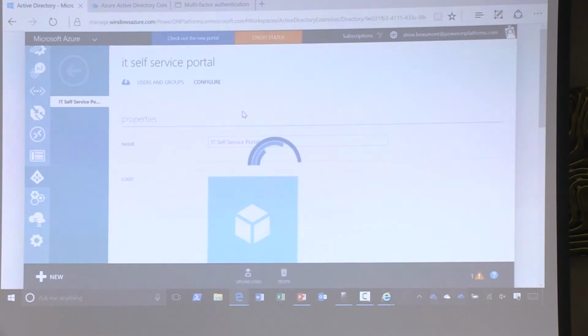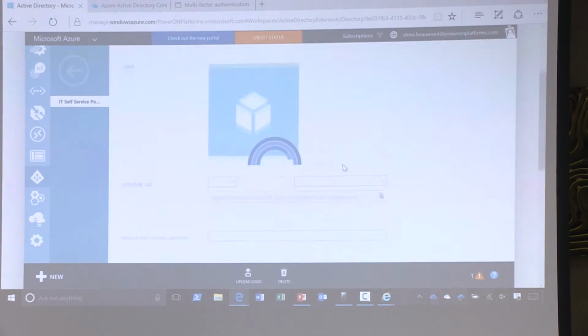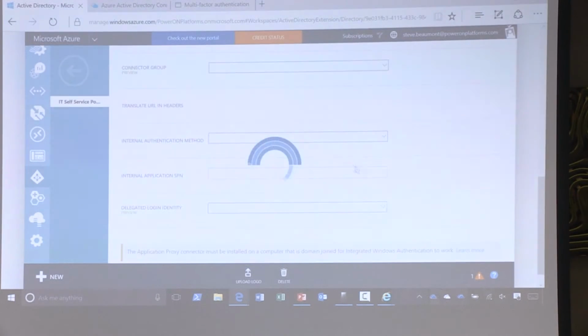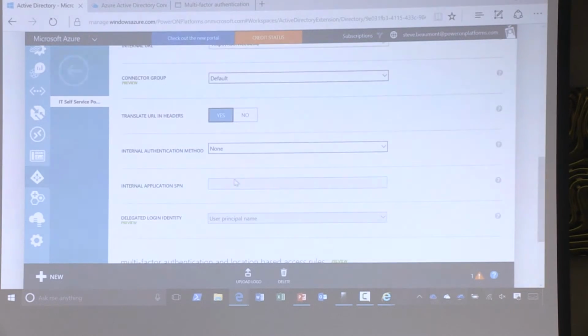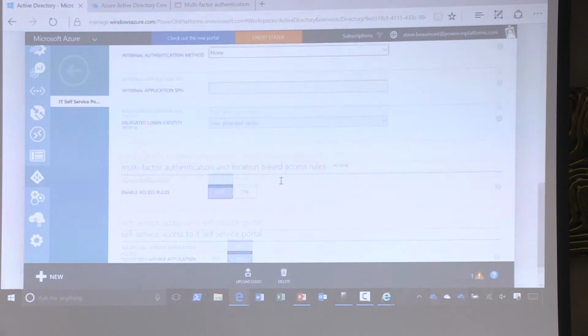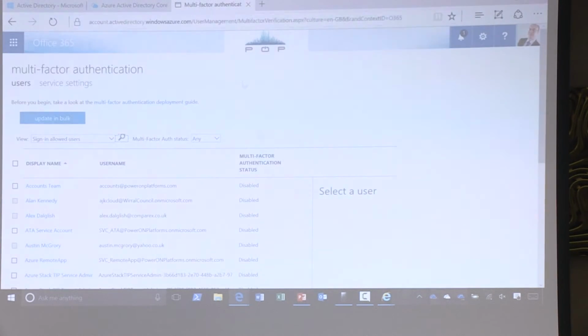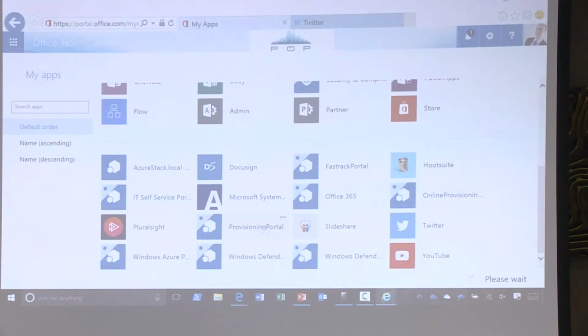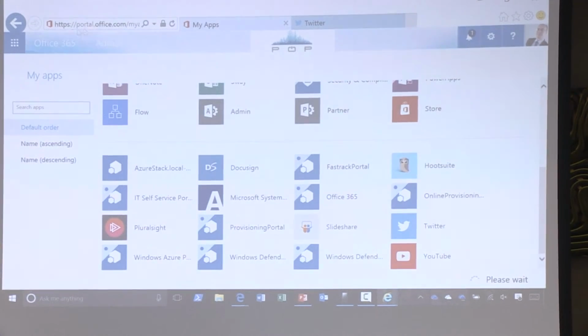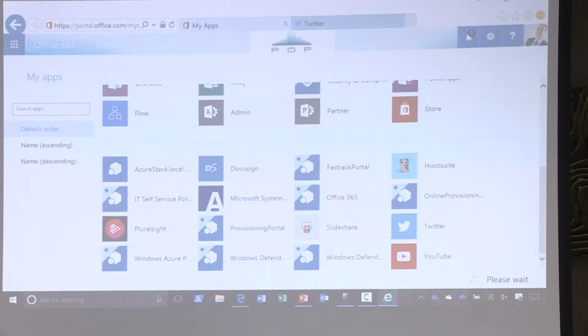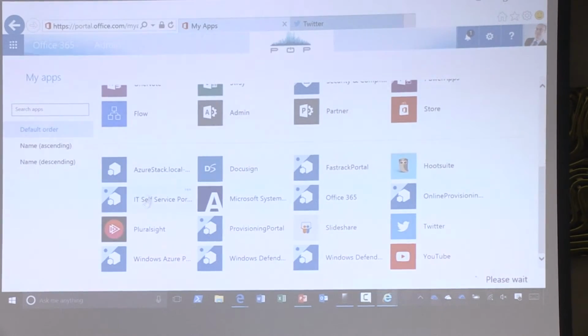We've got some users that are assigned to it, and then the basic configuration settings is there is an external URL and an internal URL, and how we're going to access it. And again, it's assigned and enabled. I don't think anyone's stopped publishing it to me. So I should have IT Self-Service Portal within my application. So again, a consistent place for users to go to. If they're currently external, outside of the office, they can log on to the Office 365 portal or the My Apps, and there's actually a My Apps URL as well, just to get to this bit. But when I try to access that application,